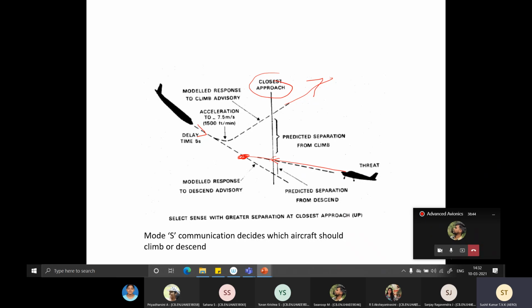So now what's going to happen is, the intruder is going to follow his own path like this, and you would have taken evasive action and gone up. That's how you avoid collision. Now this is a case where your own aircraft has TCAS, but the intruder is working on mode C, so he doesn't know whether to climb up or climb down, he just goes on. Had it been a TCAS situation, the second intruder would have taken evasive action like this. And that particular communication is done by mode S.